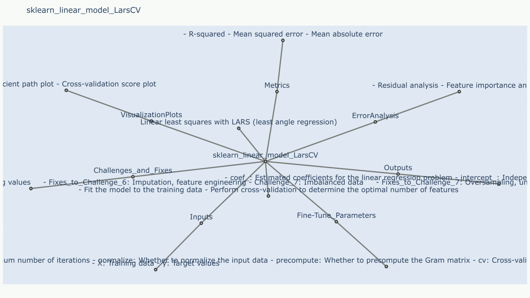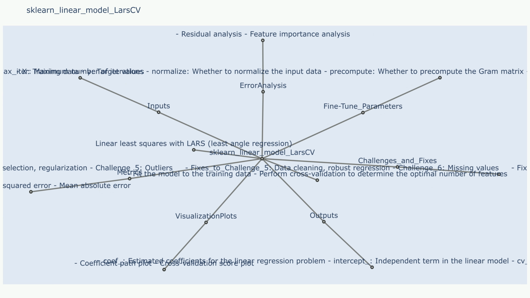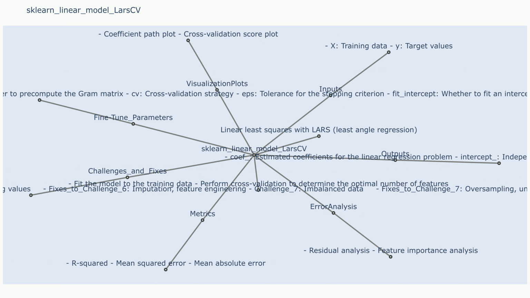It uses a pathwise solution, which means that it starts from the null model and adds variables one by one until it reaches the full model. This path is continuous and is built by tracing the entire path of coefficients along the path. LassoCV is a variant of LARS that uses cross-validation to automatically choose the optimal